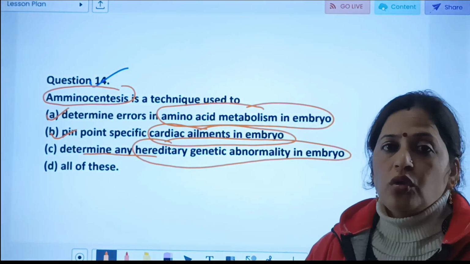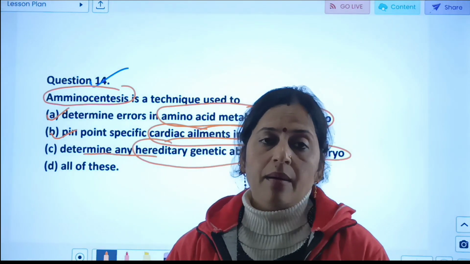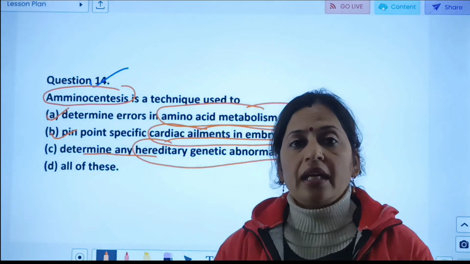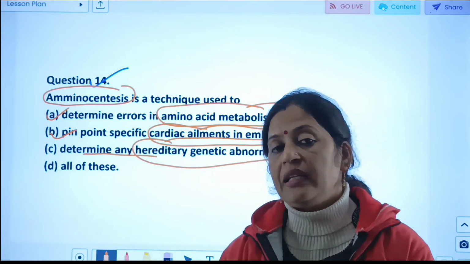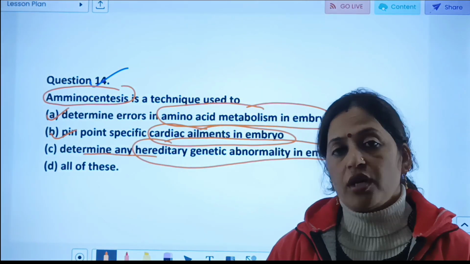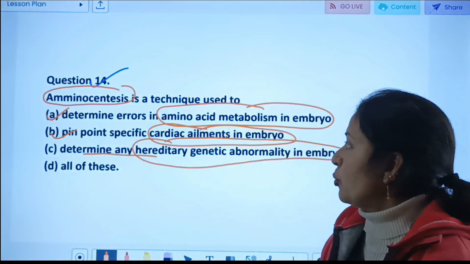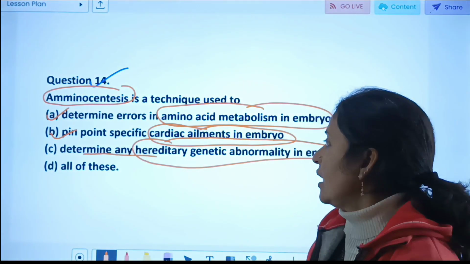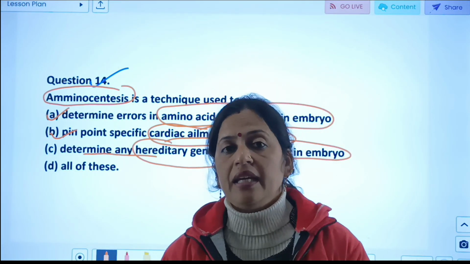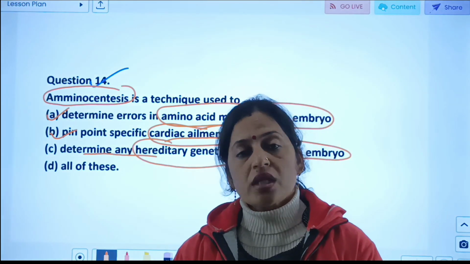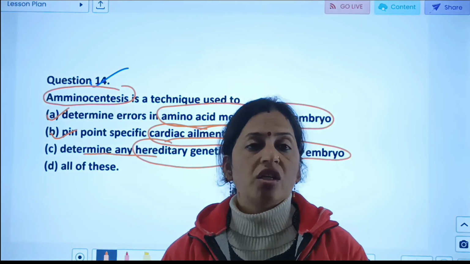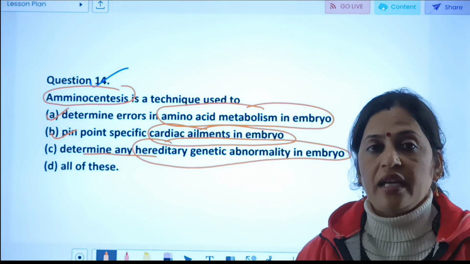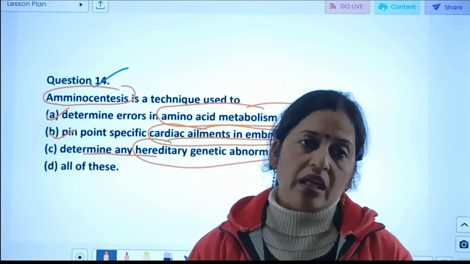तो जो आपकी टेक्निक है, that is amniocentesis. अब amniocentesis एक ऐसी टेक्निक है जिसको स्पेशली किस चीज के लिए यूज किया जाता है, या तो हम उसको यूज करते हैं डिटरमाइन करने के लिए उन एरर्स को जो डायरेक्टली रिलेट करते हैं अमाइनो एसिड मेटाबॉलिज्म इन केस ऑफ द एम्ब्रियो से। सेकेंड वन में हमने कहा कि या तो पिनपॉइंट स्पेसिफिक कार्डियक एलिमेंट्स को डिटरमाइन करने के लिए, या फिर हेरिडिटरी एज वेल एज जेनेटिक एबनॉर्मलिटीज को किसी भी चाइल्ड में डिटरमाइन करने के लिए हम amniocentesis की टेक्निक का यूज करेंगे, या फिर ऑल ऑफ दीज।